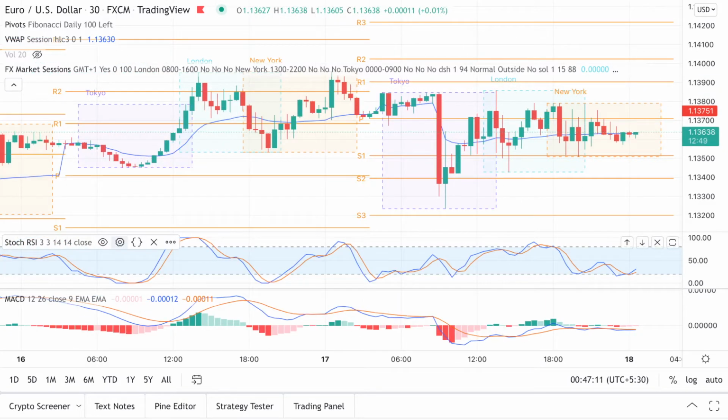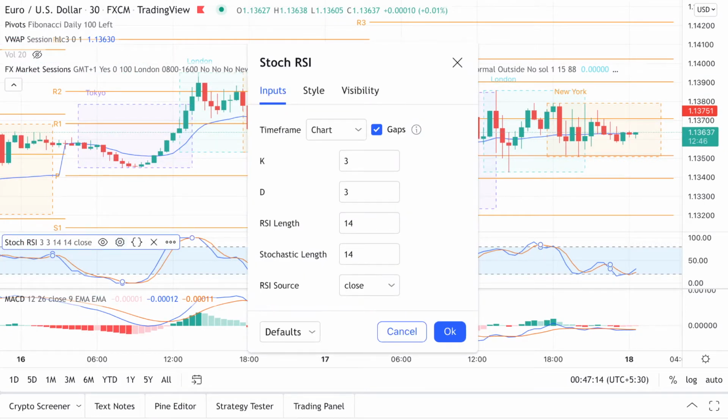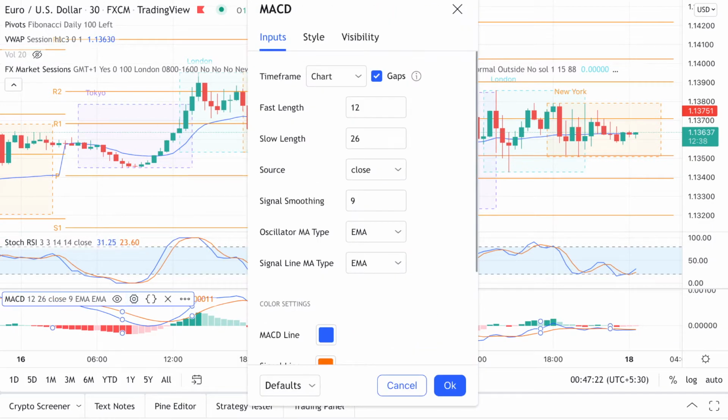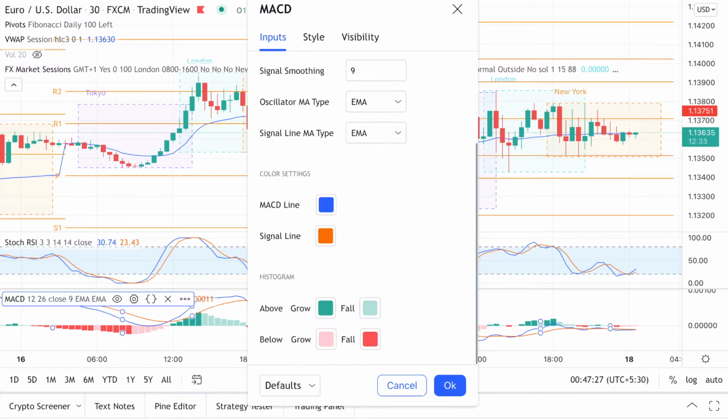This is Stochastic RSI, and this is the setting. I'm not sure if this is default or I've changed it, but this is the setting that I use. And this is MACD. Again, I don't know if it is default or I've changed it, but this is the setting